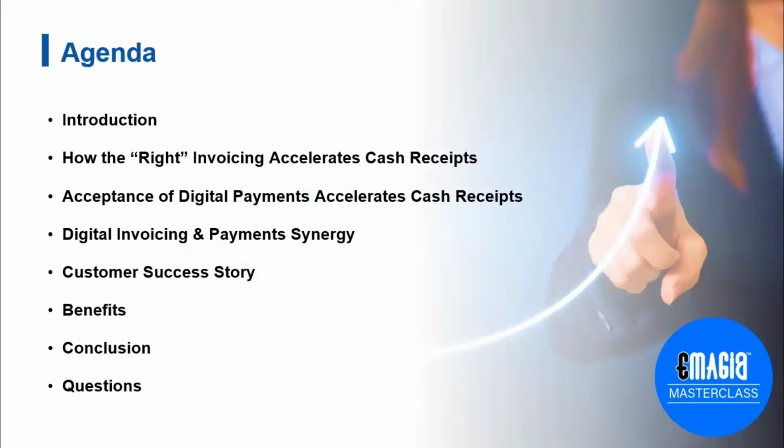So let's look at the agenda. I'm going to start off with an introduction to kind of set the stage. And then we'll get right into it and talk about two of the major influences of enabling customers to pay you on time. One is the right invoicing. We'll talk about what that means, and we'll define what the right invoicing is. And then the other part is accepting payments, a wide range of payments. And these days, in the last few years, with the growing popularity of electronic or digital payments and all the different payment gateways out there,